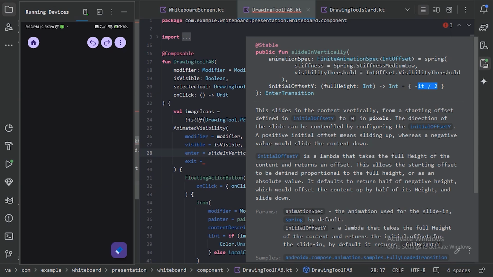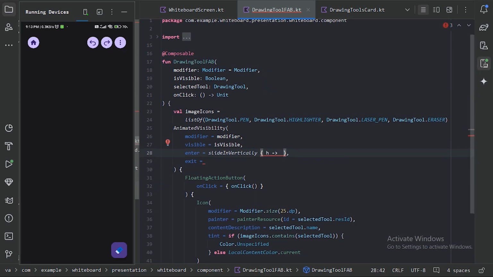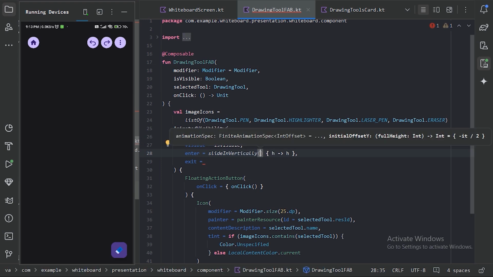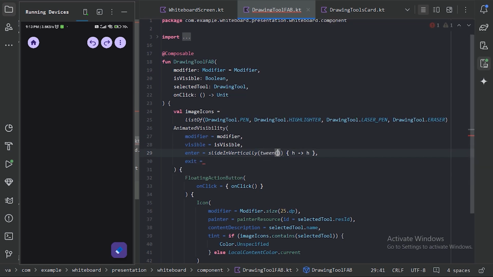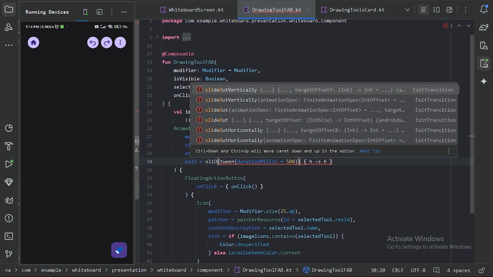So what we will do, we will give full height as the starting offset, and also for that animation spec let's use tween, and duration 500 millis, and copy it, and for the exit we will use this slide out vertically,